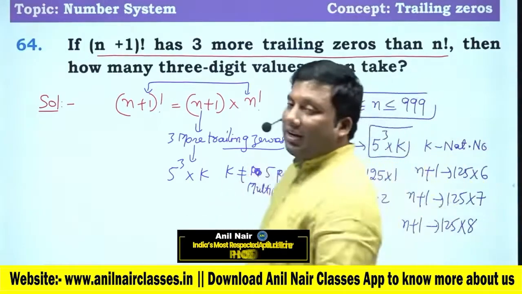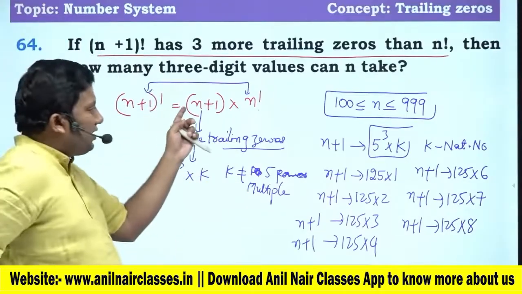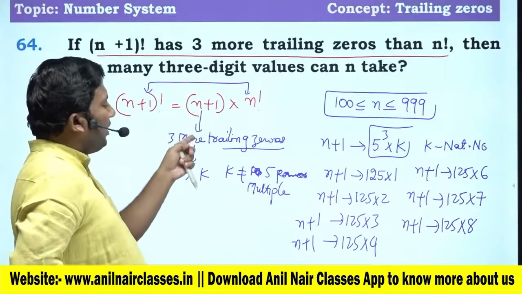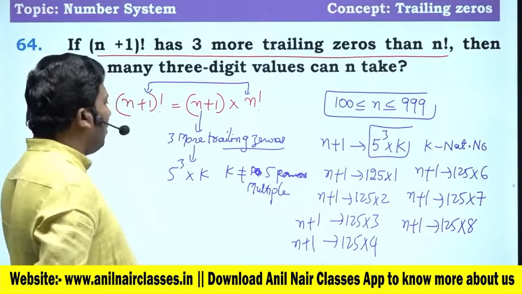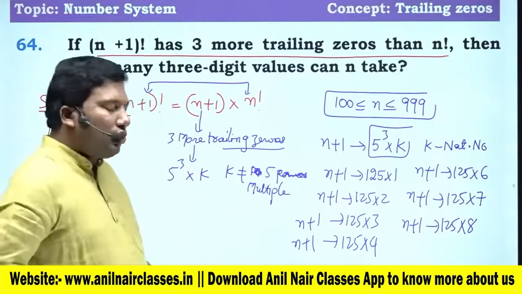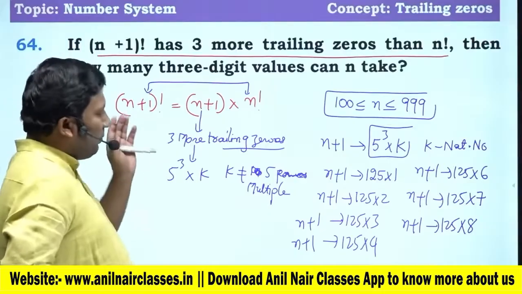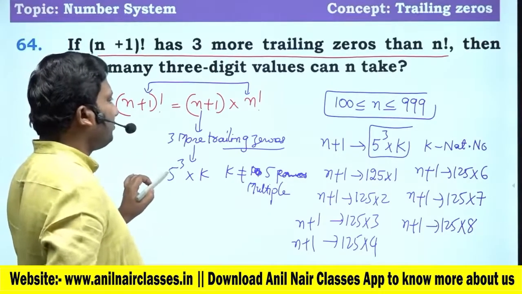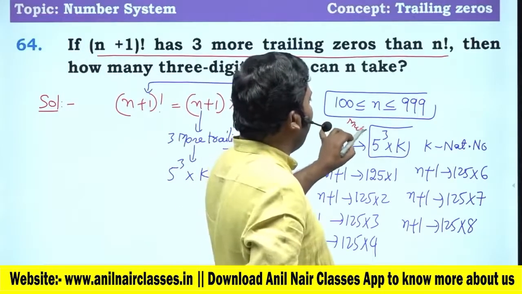(n+1)! has 3 more trailing zeros, so it is (n+1) into n!. This (n+1) is giving you 3 more trailing zeros. 3 more trailing zeros means 10 power 3. To get 10 power 3, it should have 5 power 3. That means n+1 should be a multiple of 5 cube